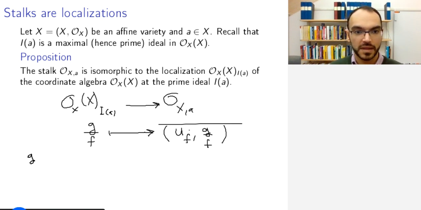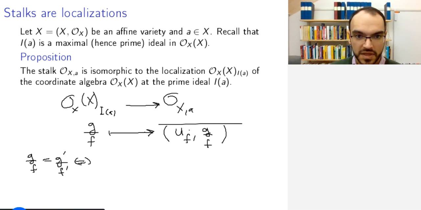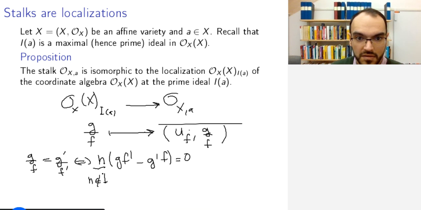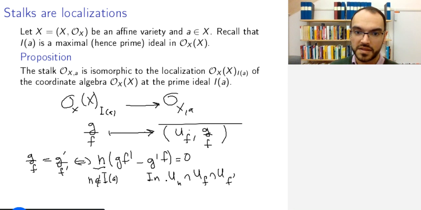So why is this well defined? Well, if g over f is the same as g prime divided by f prime in this localization, then by definition there is some h such that this product is 0, where this h is in the multiplicatively closed set, so for some h not vanishing at A. This means that in the intersection of U_h with U_f and U_f prime, which contains our point A,